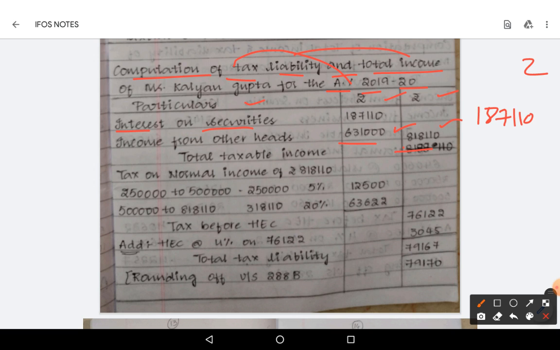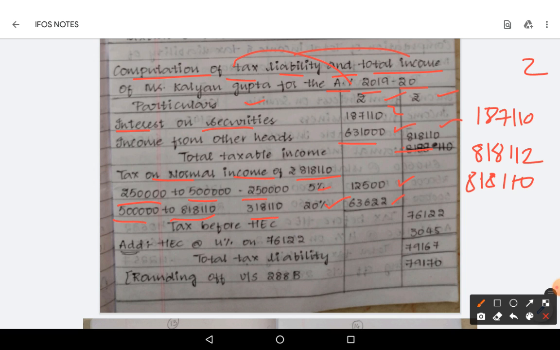Total income is about 8,18,102. If you round it off, it will be 8,18,110. The 2 rupees taken less here, we added, so total income is normal income itself. Up to 2,50,000 not taxable, 2,50,000 to 5 lakhs on 2,50,000 5% is 12,500. 5 lakhs to 10 lakhs is the second slab, but we have total income 8,18,110. On 8,18,110, 20% if you do, it will be